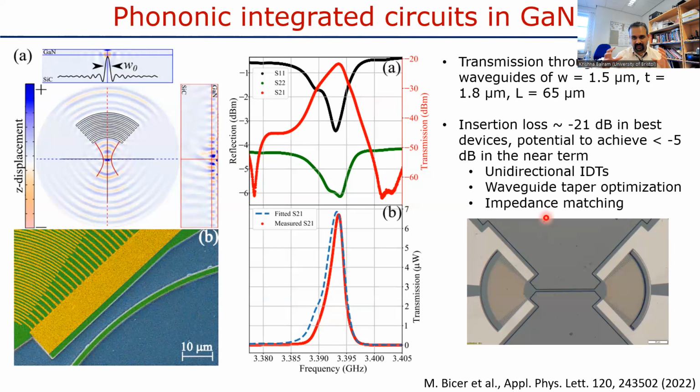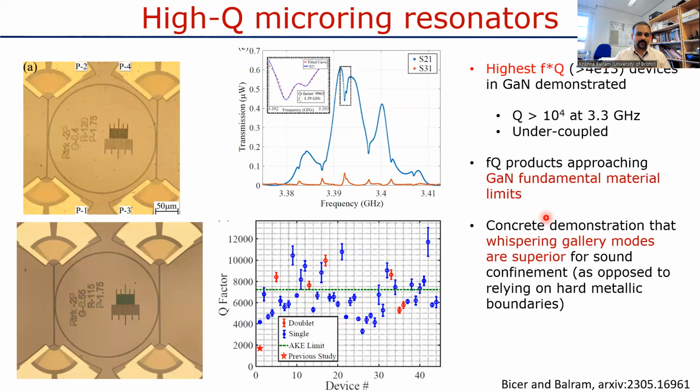So while we can get this massive reduction in size inside these devices, unless you solve this insertion loss problem, insertion loss is still the main problem that needs to be addressed here. But I also want to point out that you can do more than just reproducing existing devices. There's something qualitatively new that can occur here.